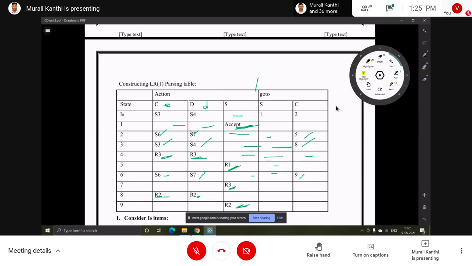Based on the first set and follow set, we fill the entries in the parsing table while performing the reduce operation. A reduce operation uses the follow of all the non-terminals. With the help of that follow set, the SLR parser performs the reduce operation to fill the entries into the table.